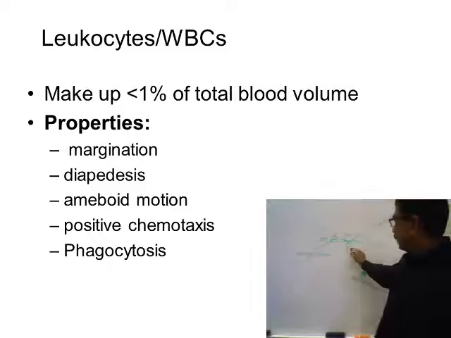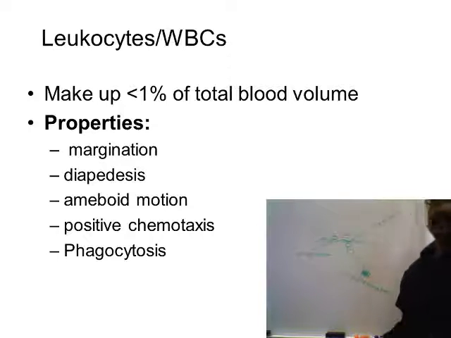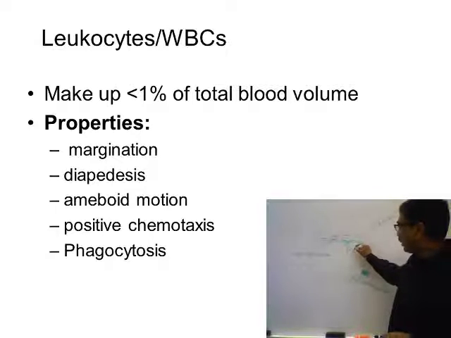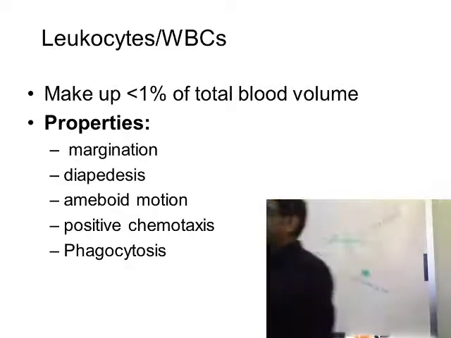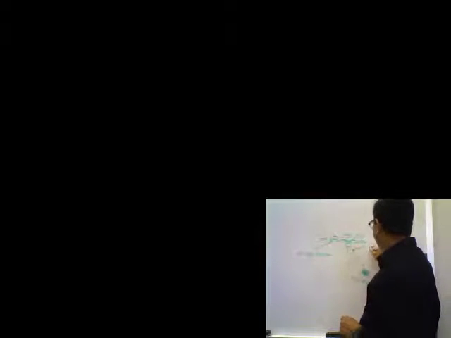Then, once the white blood cell is outside, it will start to move towards the site of infection or inflammation. How does the white blood cell move? They move by producing processes like an amoeba. You know that amoeba has a way to move, called amoeboid motion. They push processes out from the body and move like this. So the white blood cells will move like an amoeba. That's why it is called amoeboid